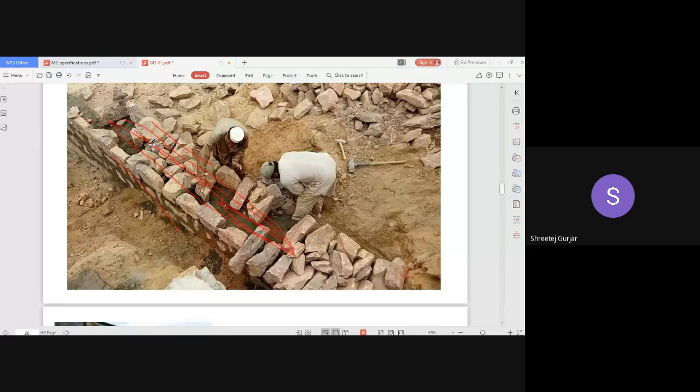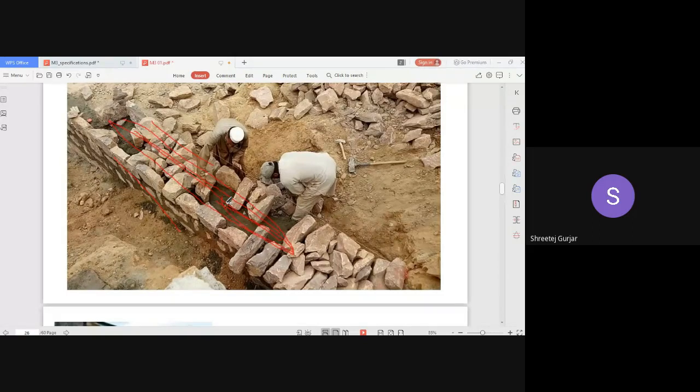So hearting, or what we call interior filling, should be proper because that is what is taking the load. And do not use any chips, smaller stones which have broken up. We should not use any chips in our hearting portion. So you have to take care of that.